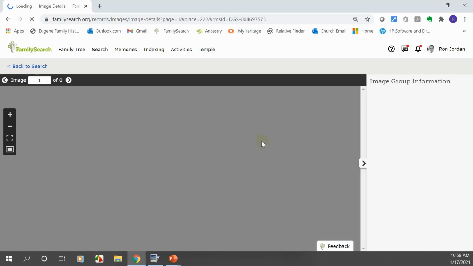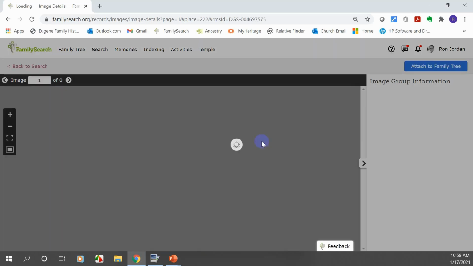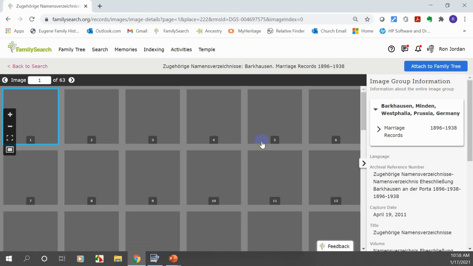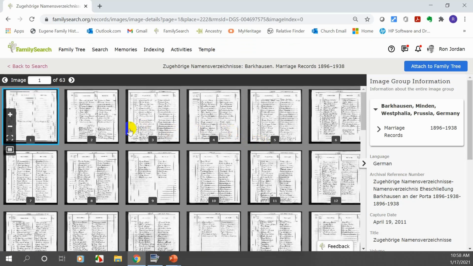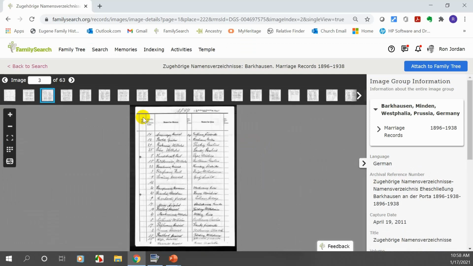Okay, here are the images of those records in Germany. Now, remember, they're not indexed. I can click on one, look at it, and try to find the information. It gets a little more difficult, and you have to work at it and know some information. Now, instead of me going into great detail, let me show you